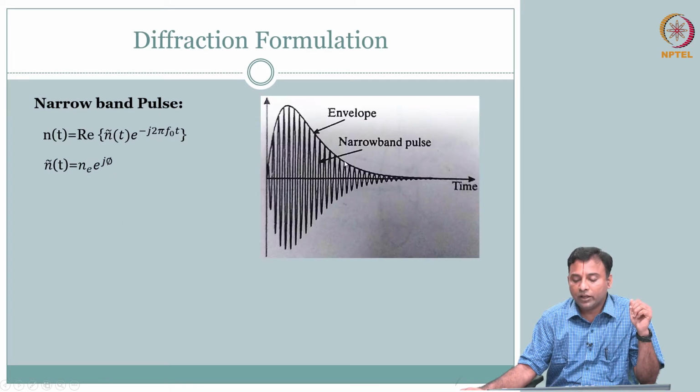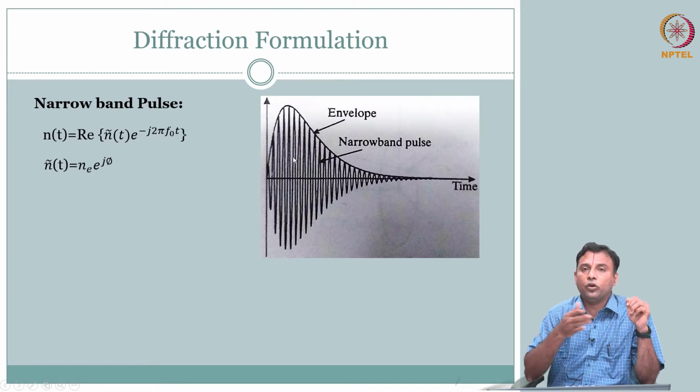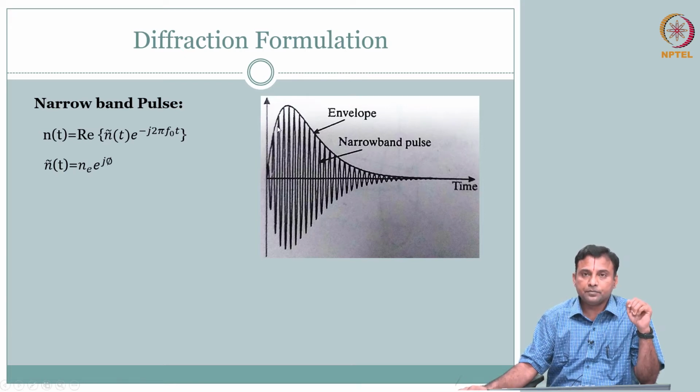So, essentially we are talking about a pulse echo. This is the pulse that you are going to send into the tissue. The crystal is going to oscillate in this fashion. Okay. You can look at it as a carrier frequency and then modulation, whichever way you look at it. What you have is an RF signal with the center frequency related to your resonant frequency, and then there is this envelope. So, why is it narrow band?